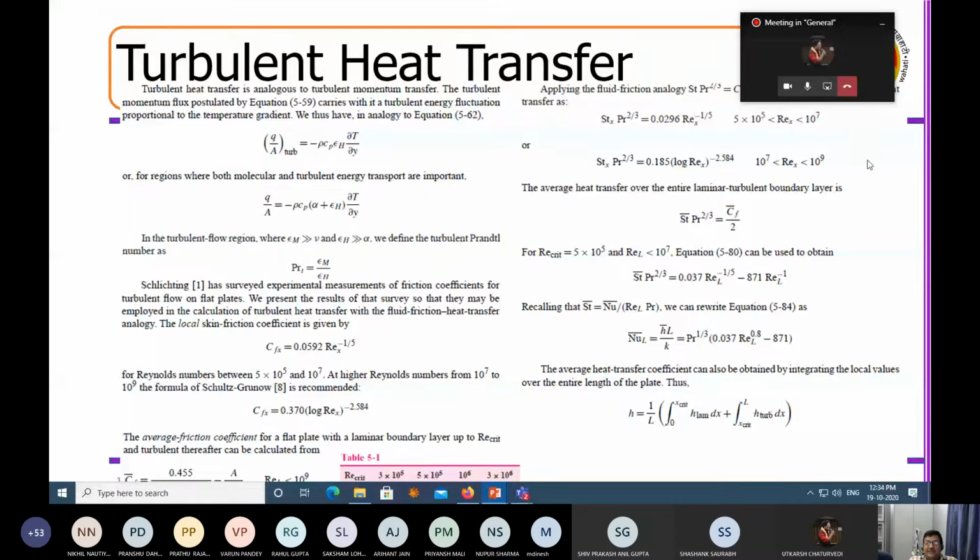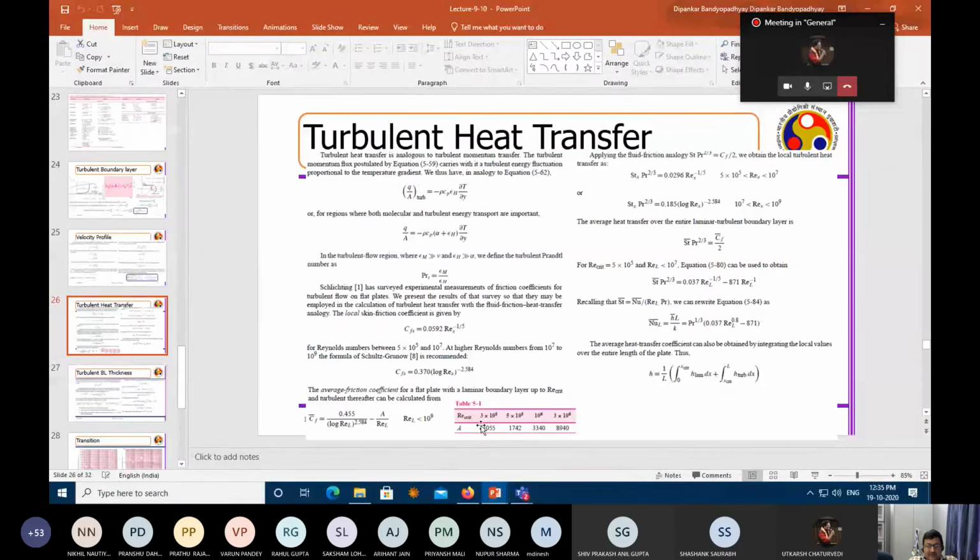So you can see that the Stanton number and Prandtl number correlations are also obtained in the same way. Now, for a turbulent flow, you do not have any analytical model. You take the correlations, the functions associated with the laminar flow, and then you try to identify these exponents and these coefficients. And you can see that that has been given here.